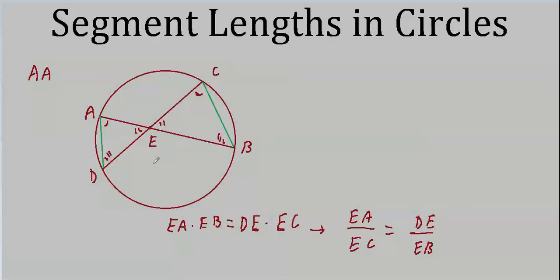So the important result here is that when these things intersect inside a circle, we end up producing similar segments which are multiples of the other segment. Because after all, this ratio is just some number. We don't know what it is, but we can always call it R, some real number. Well, that means that DE equals R times EB, or EA equals R times EC. Just like we did with similar triangles, this would be the scale factor. Same thing here.